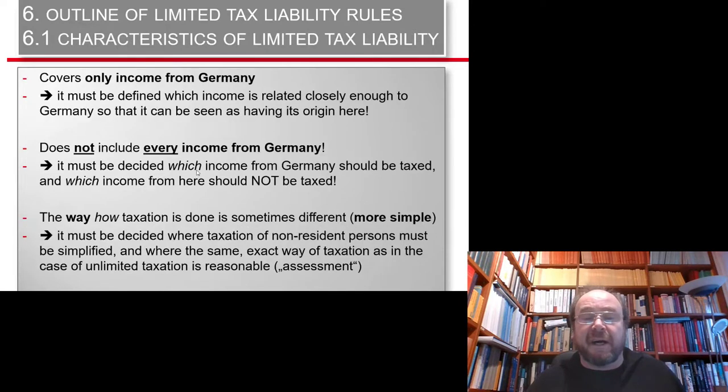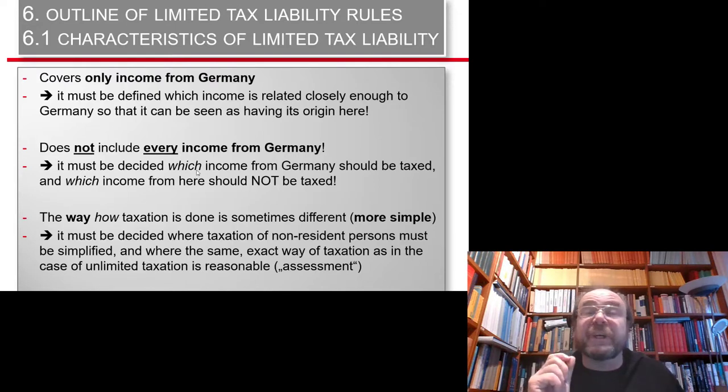Good. Now let's talk about characteristics of limited tax liability. The first idea is it covers only income from the inland. So in case of German tax liability, only income from Germany. Now, naturally, it's not always evident where income has been earned. So it must be